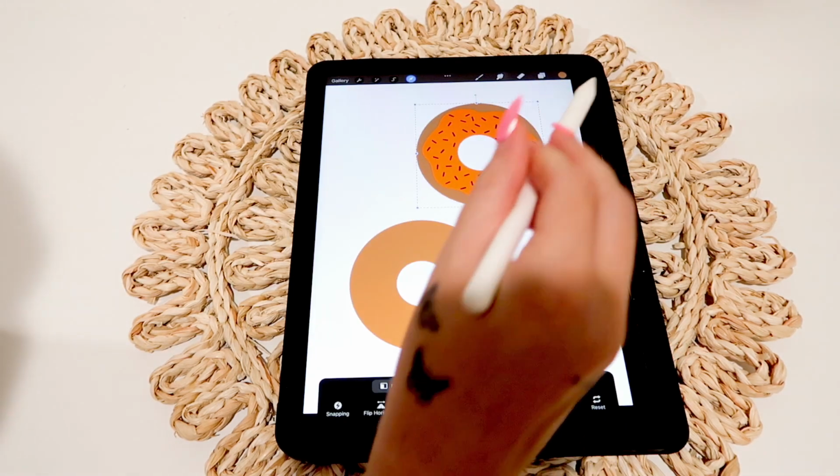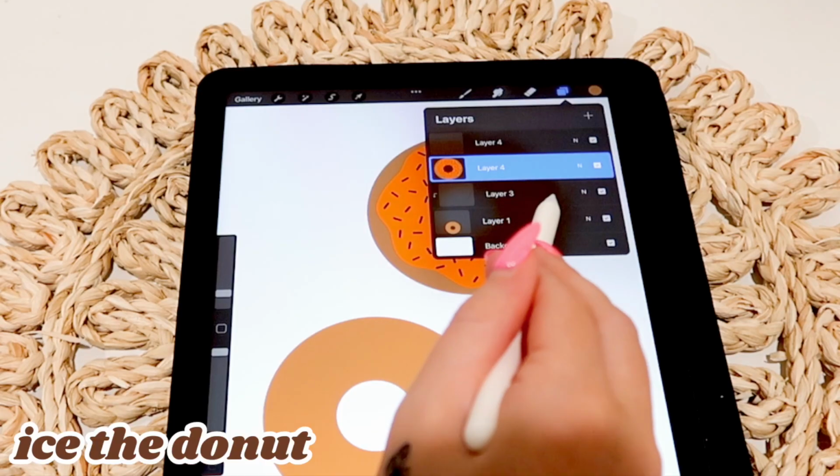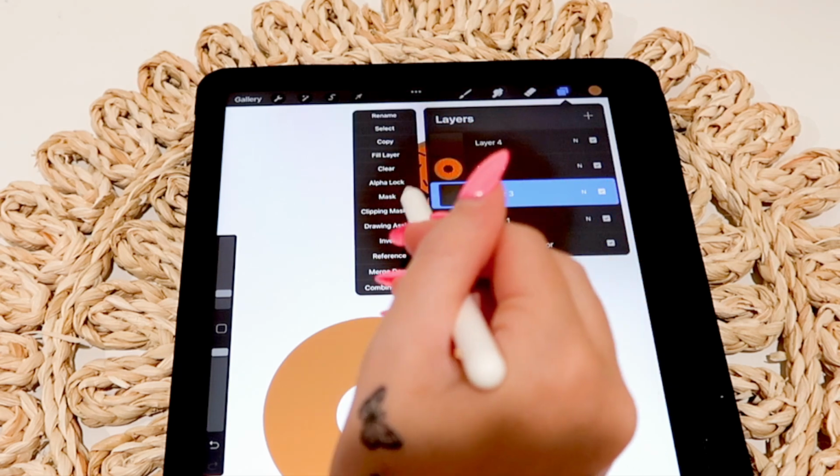You can see it kind of overlapped in certain areas, and I didn't want that showing. I pasted the other donut I made before as an example reference. Now the next step is to draw the icing. Create a new layer above the donut layer, and then select that layer to turn on the